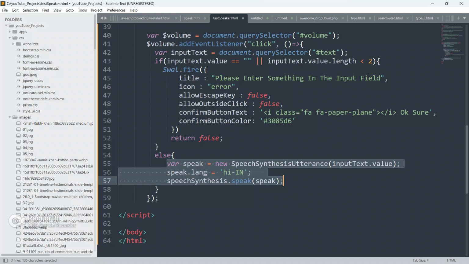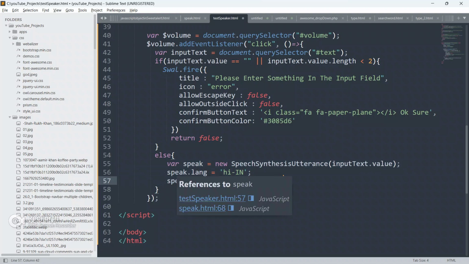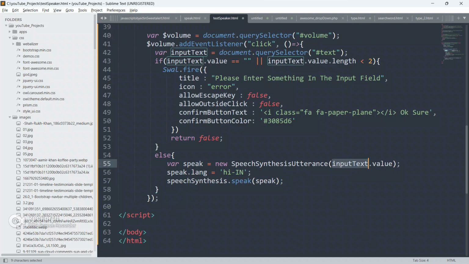So guys, this is the JavaScript engine, a web browser engine inbuilt API. You don't have to do anything extra, you don't have to call any external API. So just go here and watch this video and learn how to use this new speech synthesis utterance.